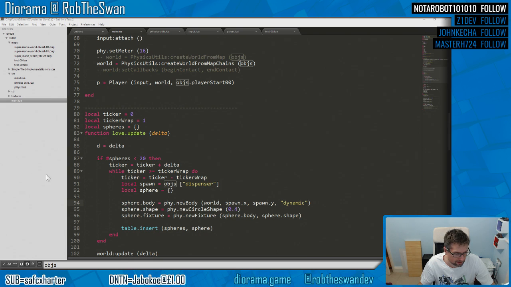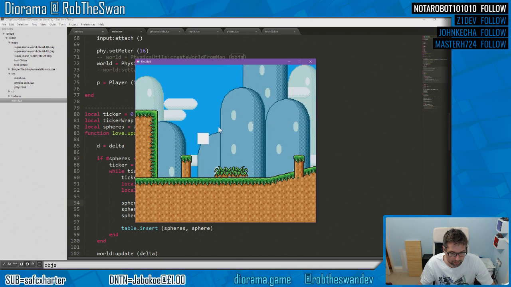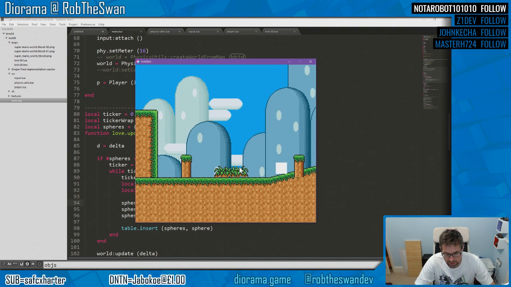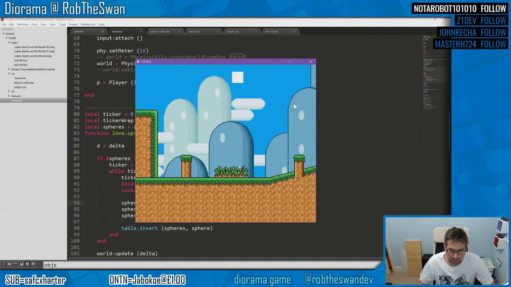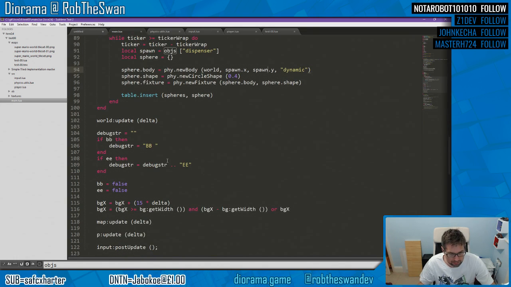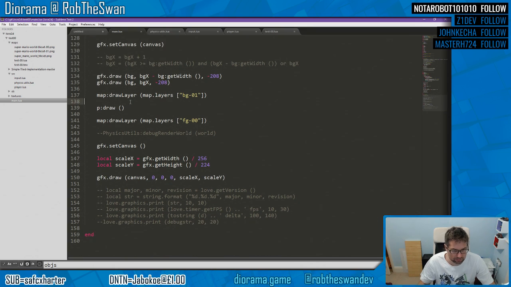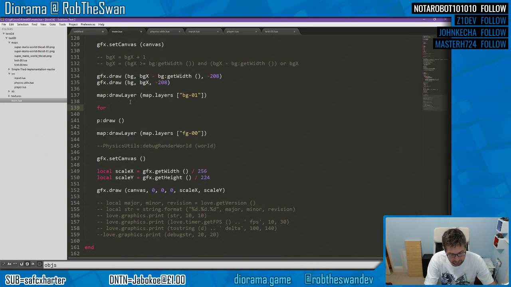Ah. Okay, so this is actually creating balls. We just can't see them. So what I'll do when it comes to drawing, so we draw that layer, foreground, player, draw. So we'll draw them before the player. So for